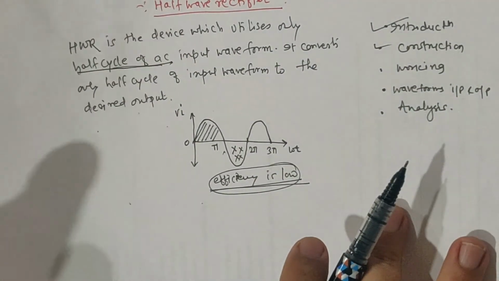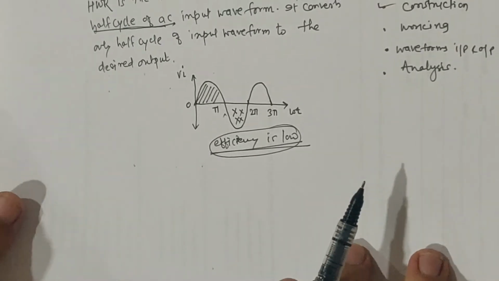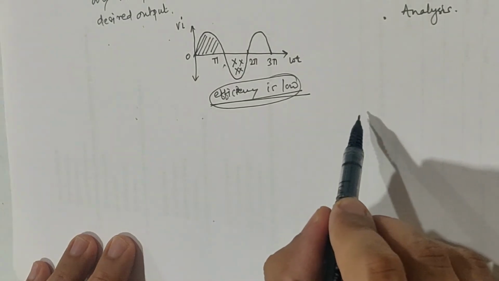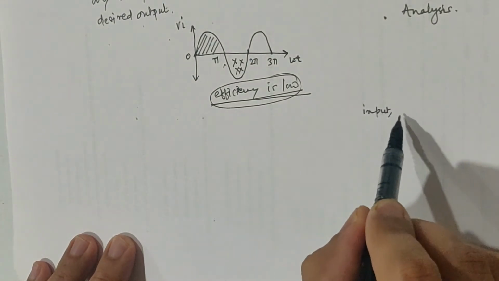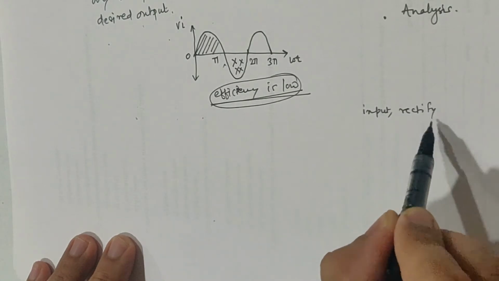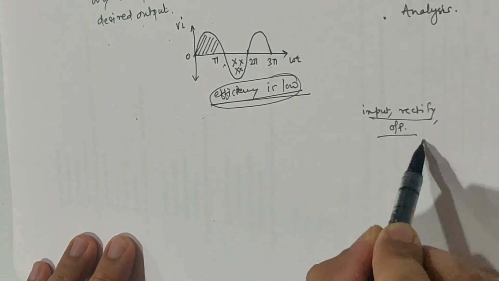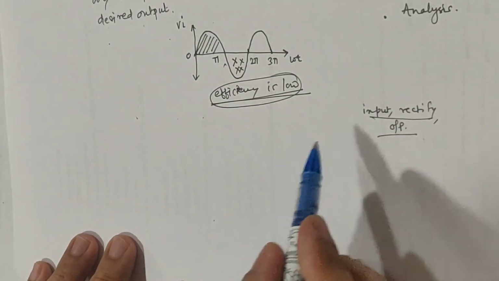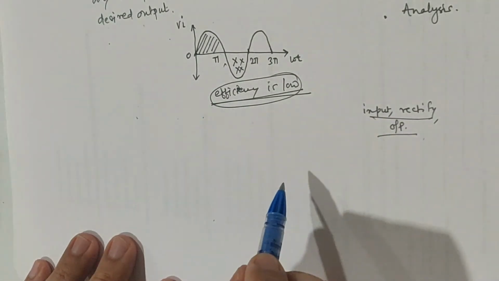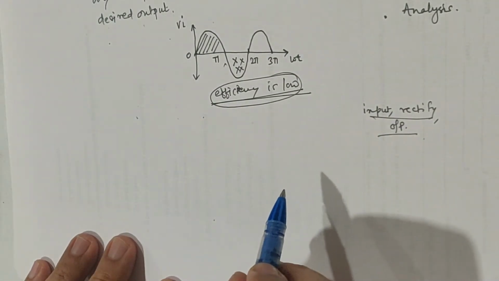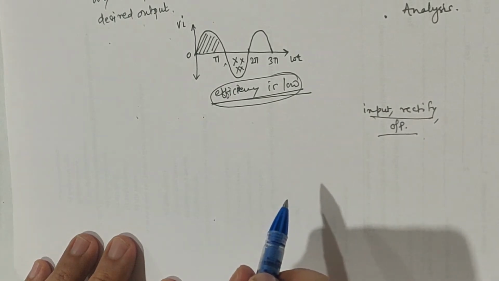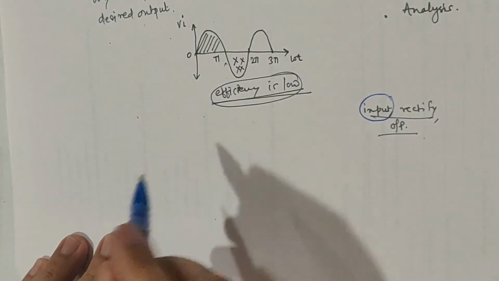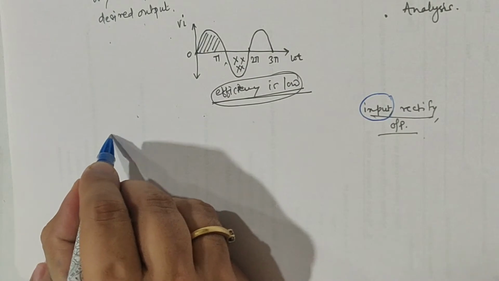So now see here, if I want to write the construction, logically I will be in need of a device which will provide me input, and a device which will rectify, and one is output. So these three things we need to draw or sketch. So let us start with the diagram. So input is the AC power supply. Why? Because rectifier is a device which converts AC power supply to pulsating DC power supply. So AC input will be our input side, right? So AC input is provided by the transformer.